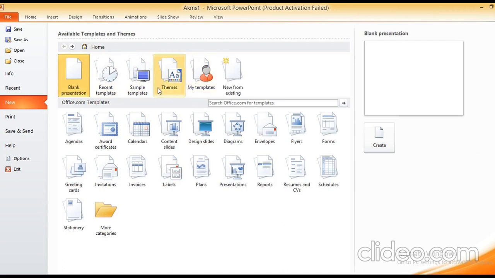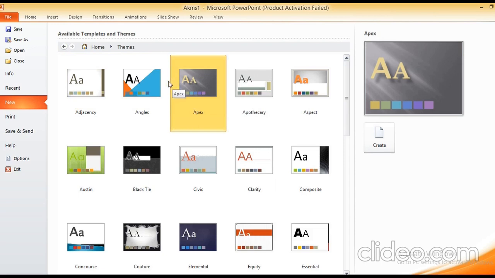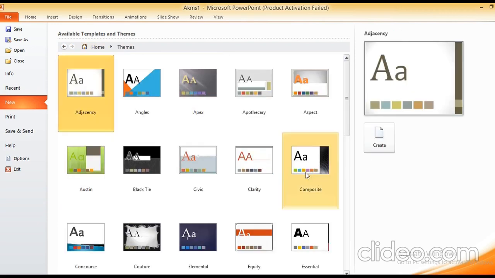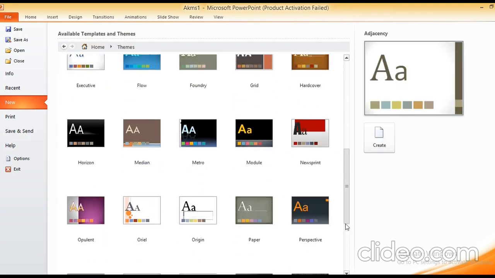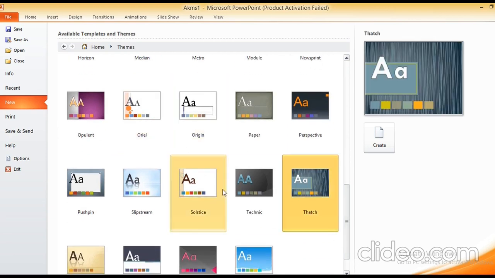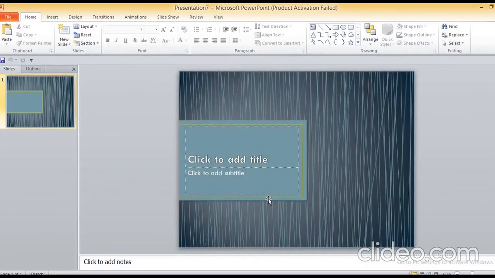You can choose any theme of your choice. After New, click on the theme option. There are different themes given there. You can choose any theme of your choice, and it gets applied to your presentation when you click on the Create button. Now you can see that the theme is applied to our presentation.